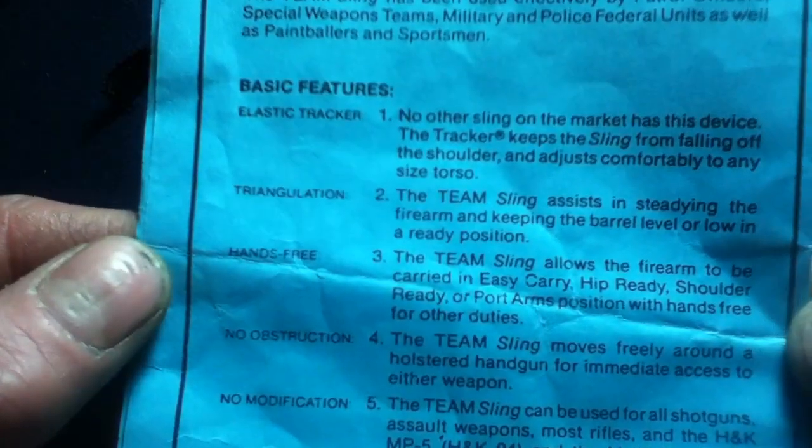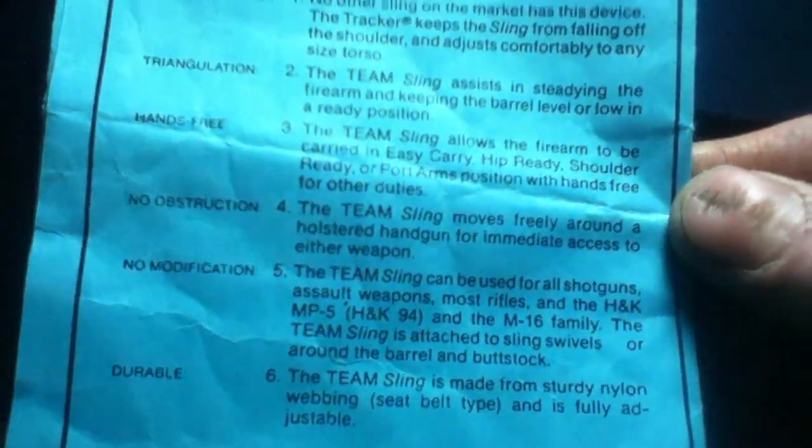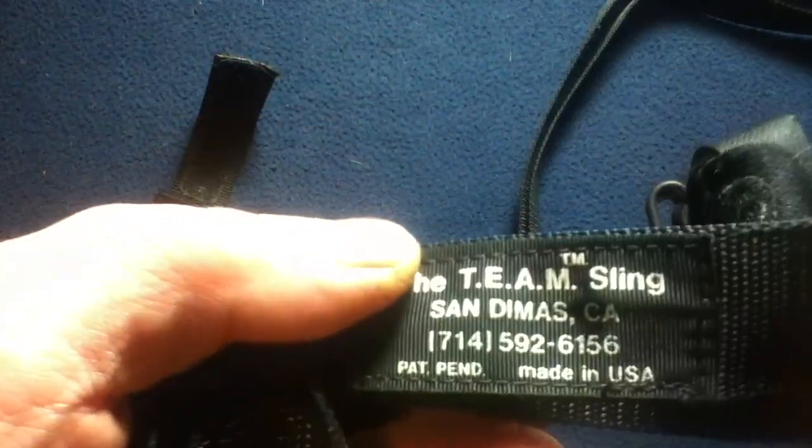Now, you can also see here on the back a listing of the basic features on this type of sling. So, what they advertised was that with this kind of body retention strap here, this was supposed to keep your item from sliding around if you have hands off, and this was actually attached but with this tension point on the front of your body, if that makes any sense. So it's not a 3-point sling, but it's kind of like a 2.5er with this kind of cross chest strap here. So kind of an interesting design that kind of fell by the wayside, but decades ago this was the